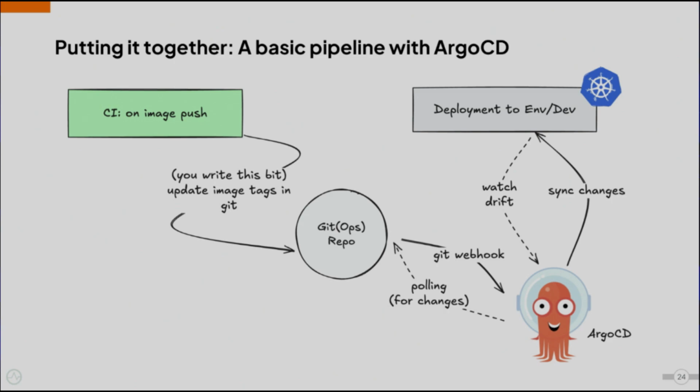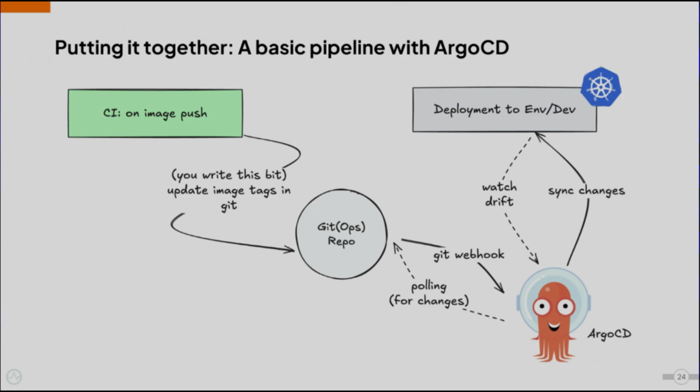You can configure it. It could be 2 minutes, it could be 5 minutes, or you can set up a Git webhook and let Argo CD know that there is a change and you need to pull it again. And on the other end, Argo just continues to reconcile the changes in your desired state with the stuff that's actually running in the cluster, right?